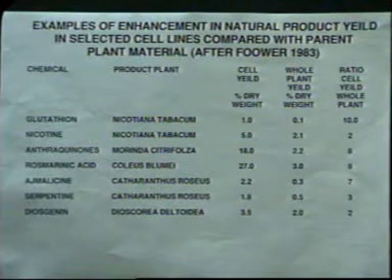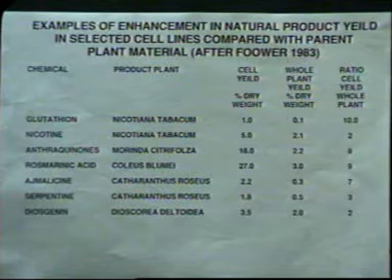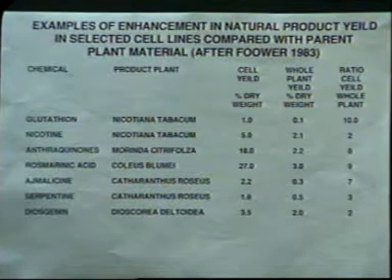These secondary metabolites are not the end products. They are often intermediary products of metabolism, but there has been a very good understanding about their production, the media required for their production, and key enzymes involved in their production. Selection of cell lines having higher yields of these chemicals has been done, and there are some plants